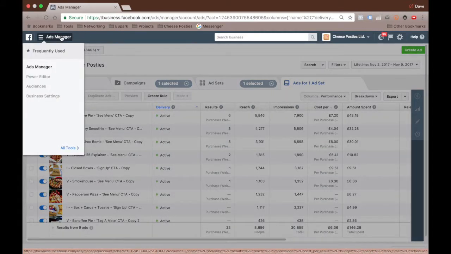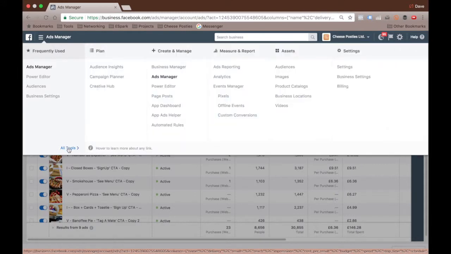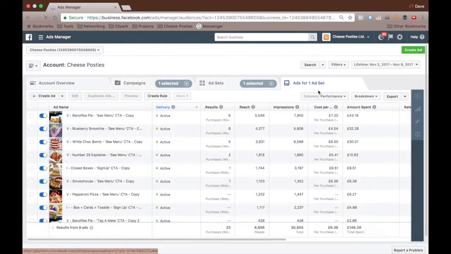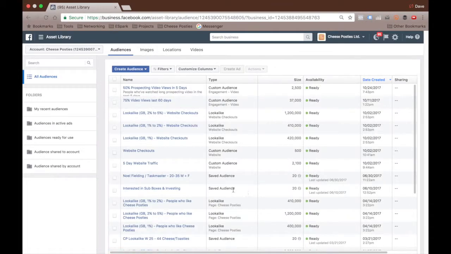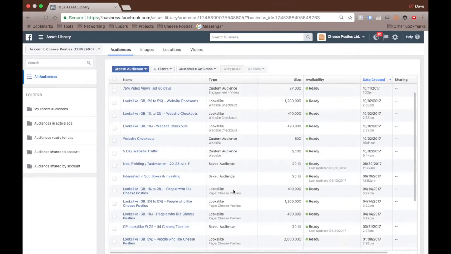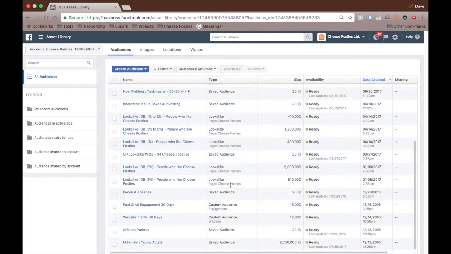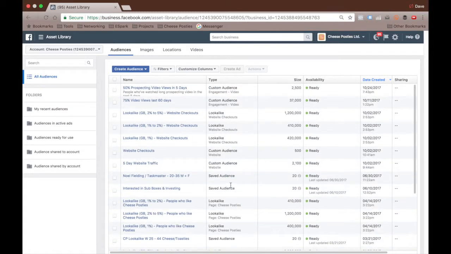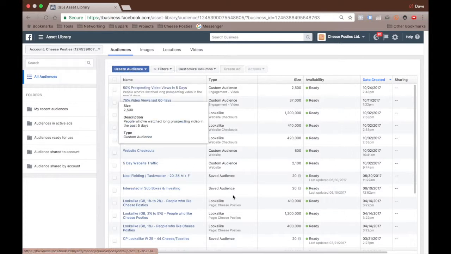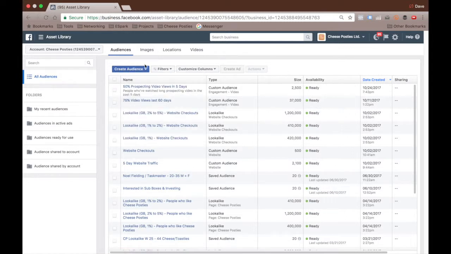If you head up to the top left, up to your menu here, and nip over to audiences, then this is going to list out your custom and saved and lookalike audiences. So these are all your audience assets, as they're referred to. If you've not created any audiences yet, obviously this will be blank. So what you want to do is head over to create audience here,